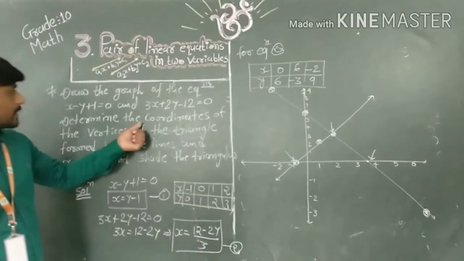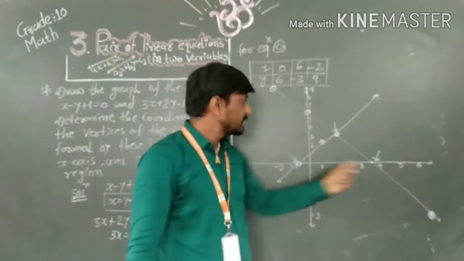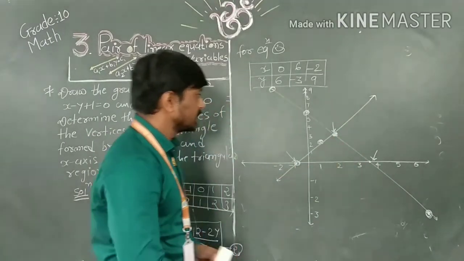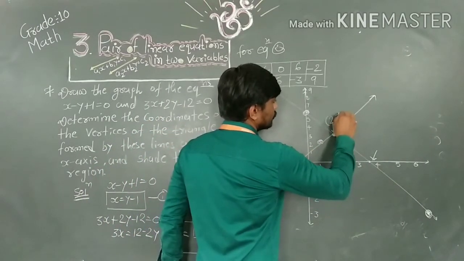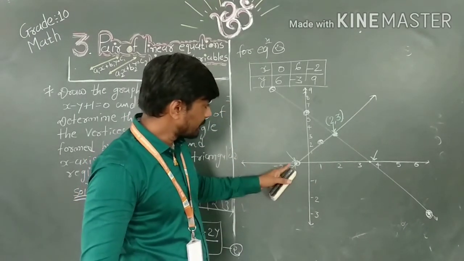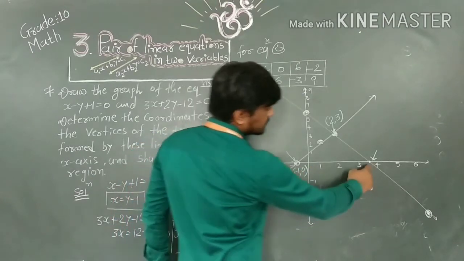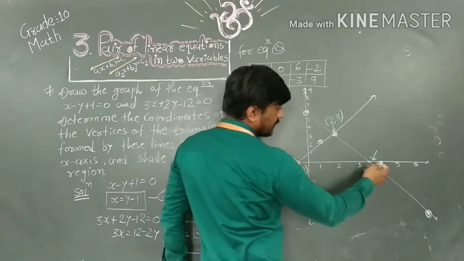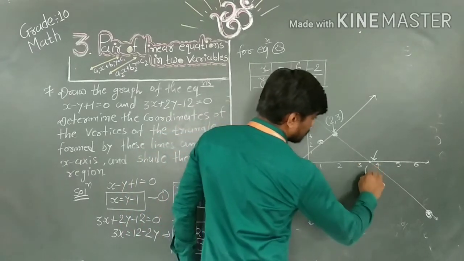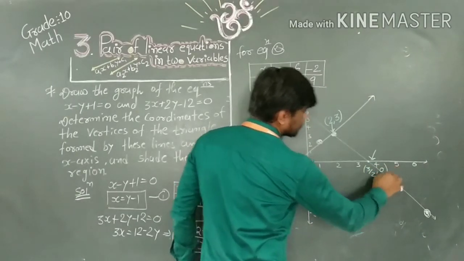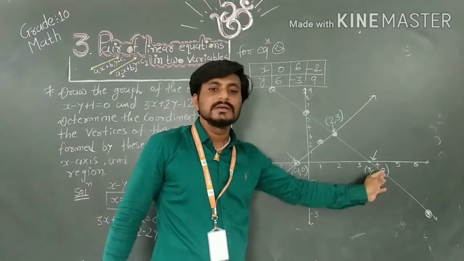Look, coordinates of the vertices. Here we want to write the coordinates of the 3 vertices. Okay, here 2, 3. What are the vertices of this? 2, 3. This one minus 1, 0. And this is between 3 and 4, that means 3 and a half, 0. 3 and a half, 0. You can write it because it's on the x-axis. On the x-axis, the y coordinate is always zero.